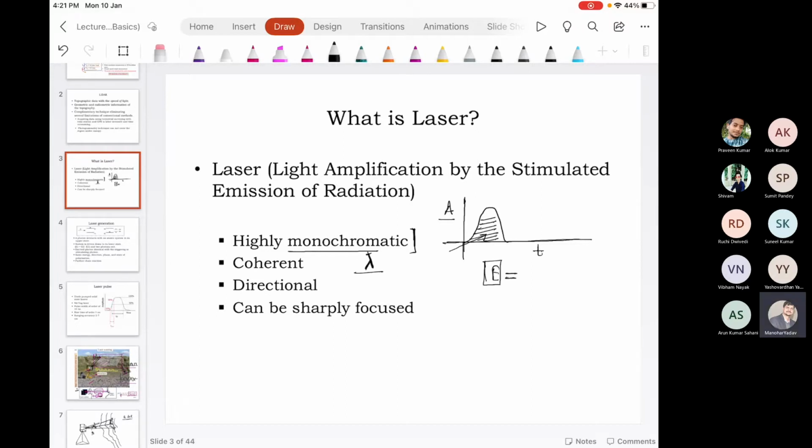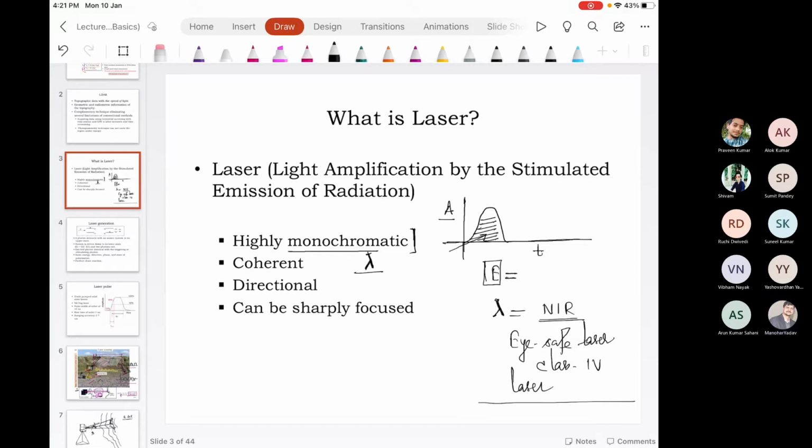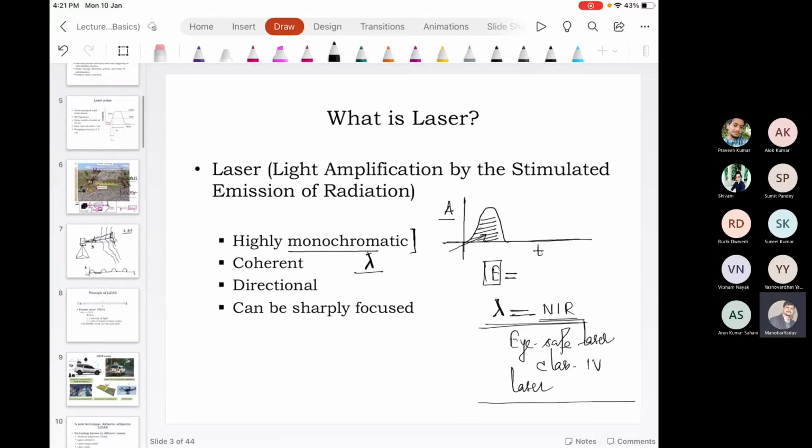Generally for LiDAR based operation, we keep this wavelength lambda in the NIR band, and we call it eye-safe laser, eye-safe class 4 laser. We'll have a detailed discussion on this. So when we choose this wavelength in the NIR band, and now I'm saying over here,